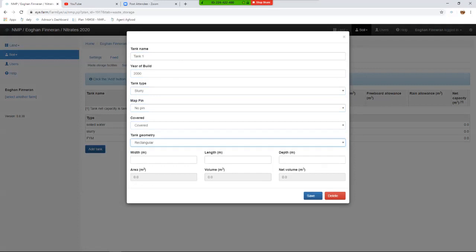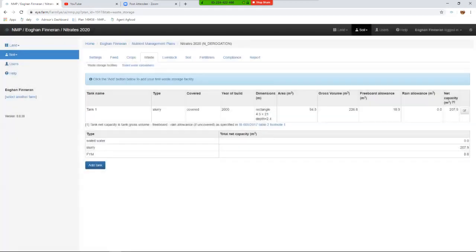Whether it's covered or uncovered is important when it comes to calculating rainfall. The geometry of the tank goes in here, and then the dimensions. So this particular tank we're going to say is 4.5 by 21 by 2.4, and that gives us the calculation here of rainfall allowance, of which there's no rainfall allowance here because it's a covered tank, but there is a freeboard figure of about 19 cubic meters,